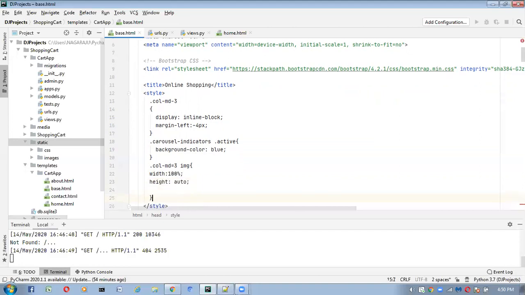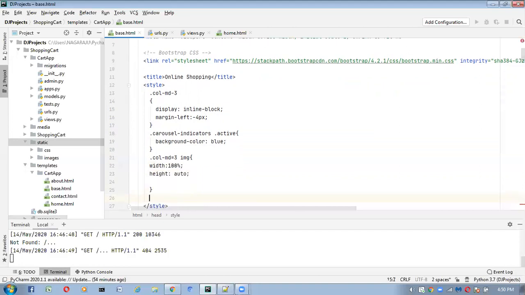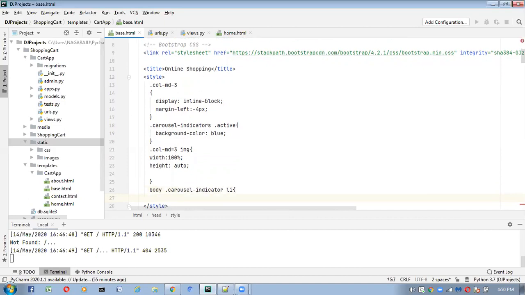Next, I'm going to take body dot carousel indicator li, the list, like this.